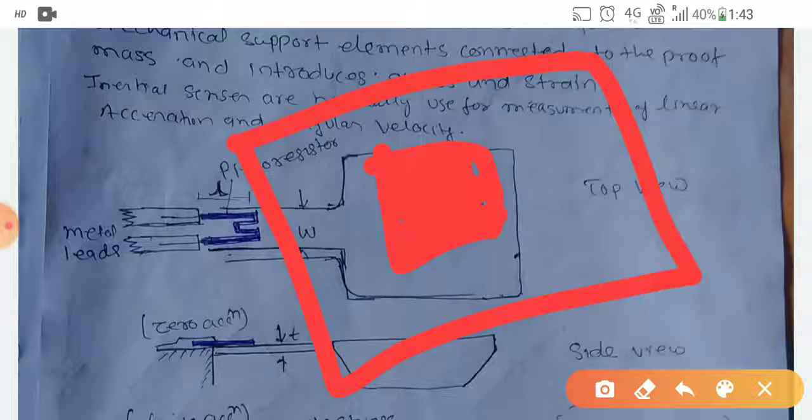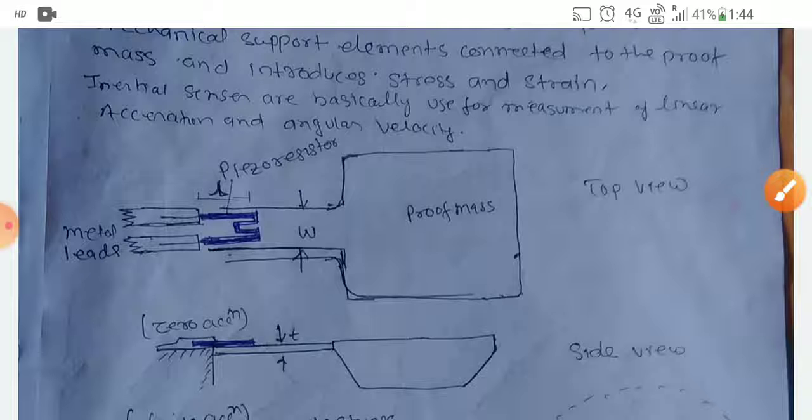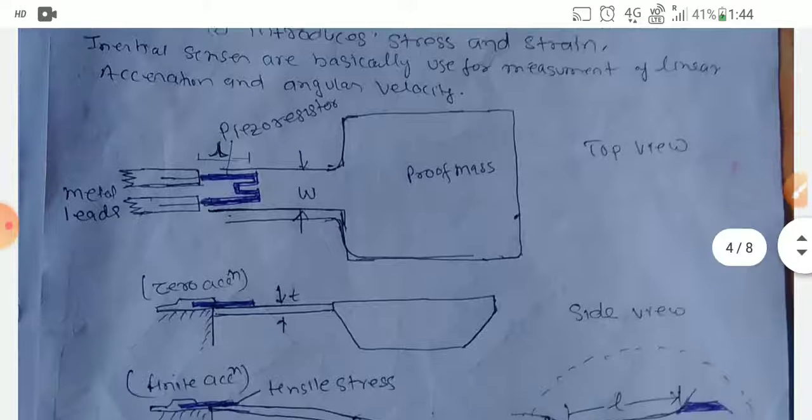So you have to know the difference between tension and stiffness. There is another difference. If a structure exhibits elastic behavior, it is a diaphragm, but in a membrane the elastic property is not considered. Although by appearance both are almost the same, from the mechanical properties point of view there is a slight difference between them. Here you can see a structure having a proof mass.